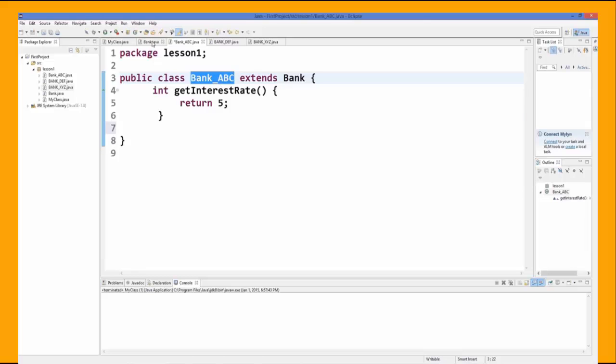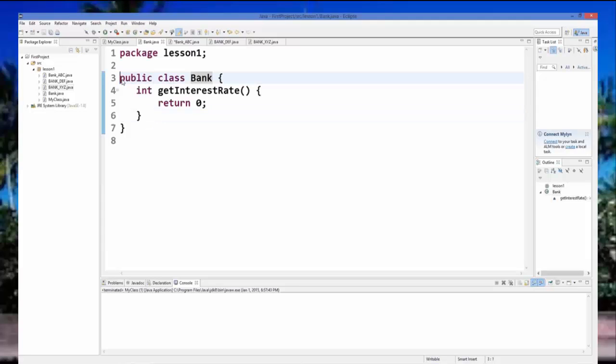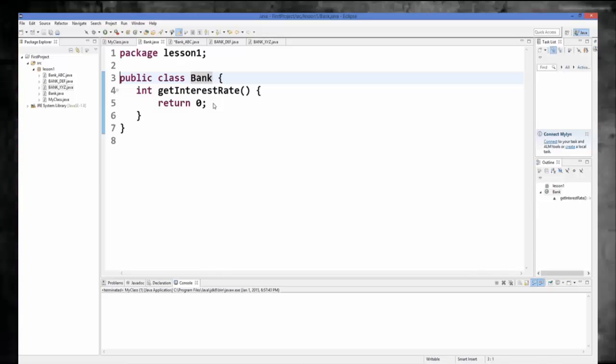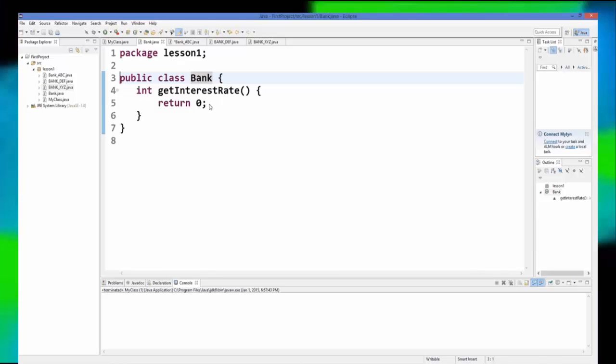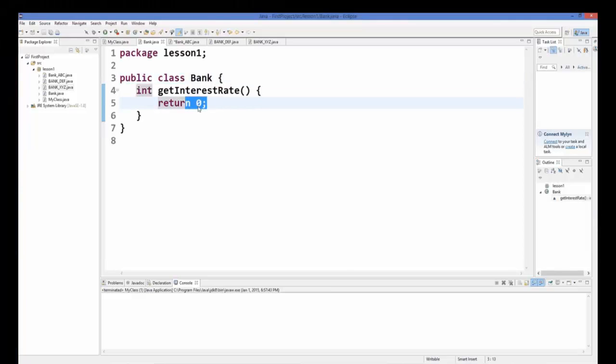So bank is a very abstract class, and for this kind of class, sometimes we don't want other users to make an instance of this class, because whenever you make the instance of the class,